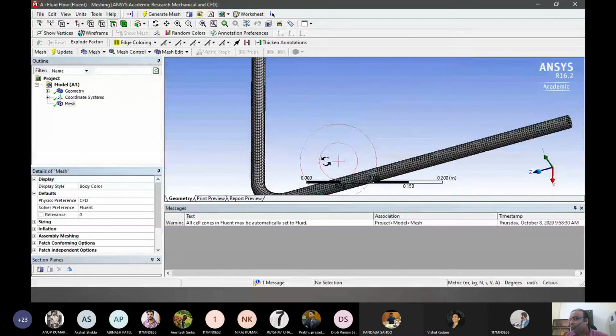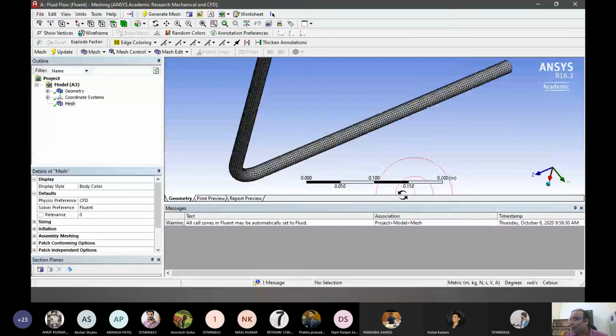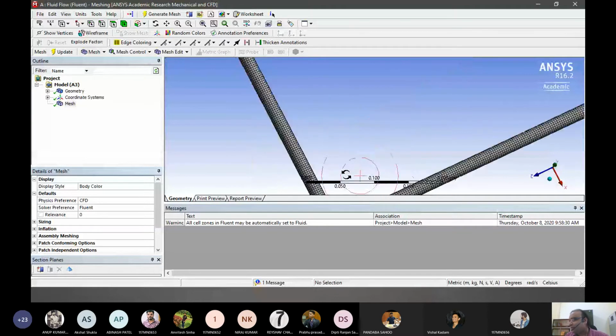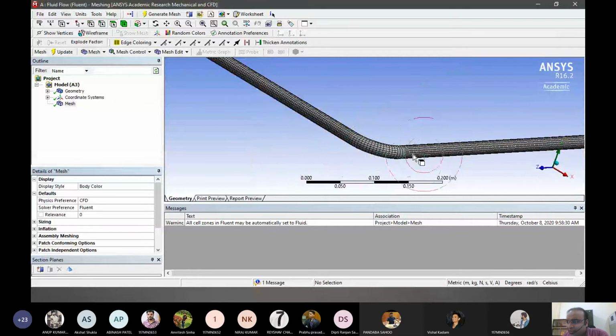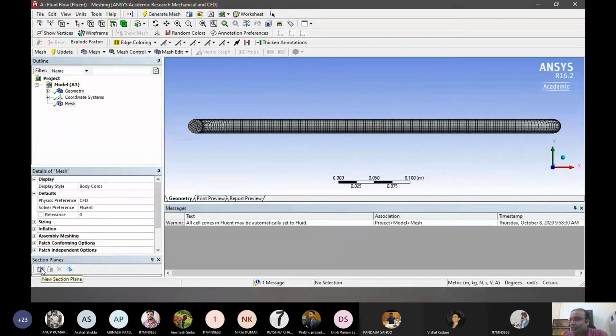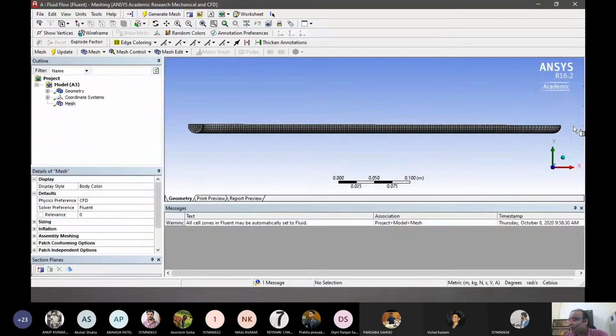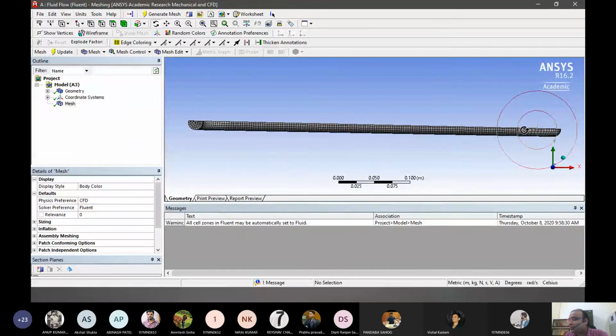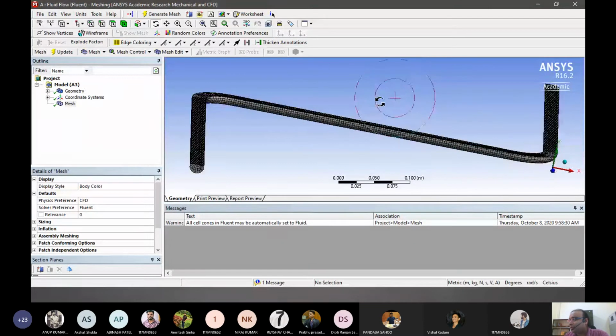So one thing we can do is define a refinement. Now there are a few facilities to see how the meshing is done. There is something called the selection pane, so we can find the cross sections or how the meshing looks inside as well. So I am just drawing this cross section plane. It will cut the model, and if I rotate it, I can see how the inside meshing is done.